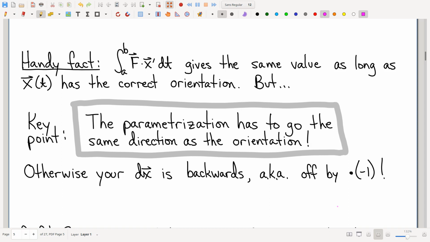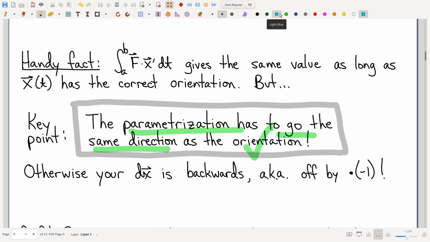So same question now. And we get a more sort of subtle answer. The parameterization now does matter a little bit, but only in one way. And specifically, your parameterization's got to go the right direction. Keep in mind you're talking about an oriented curve. The curve comes with a direction. You just have to make sure your parameterization's going the correct direction. And other than that,